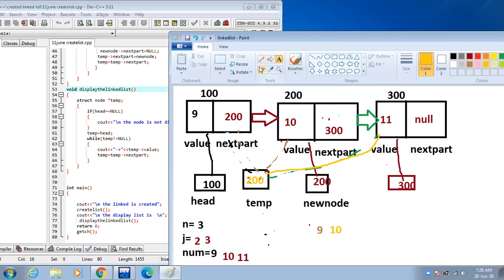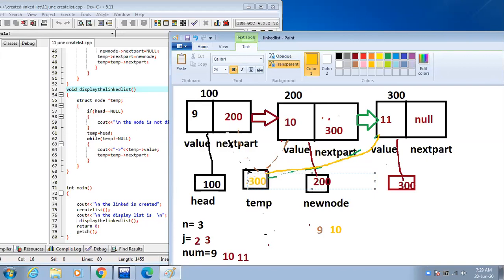And temp contains the address of the new node. The address of the new node is 300. The temp inserts 300.